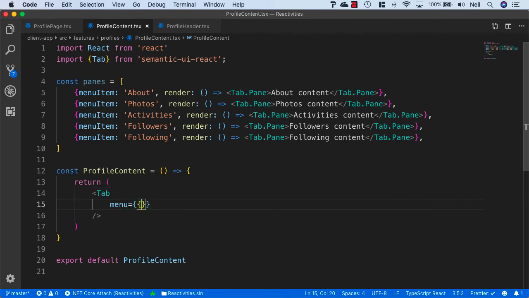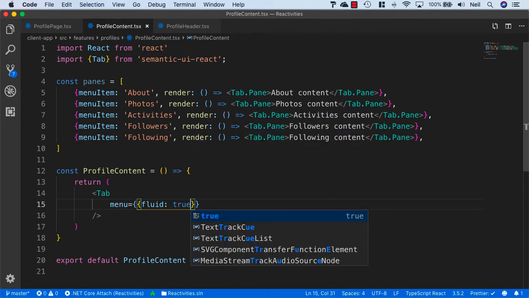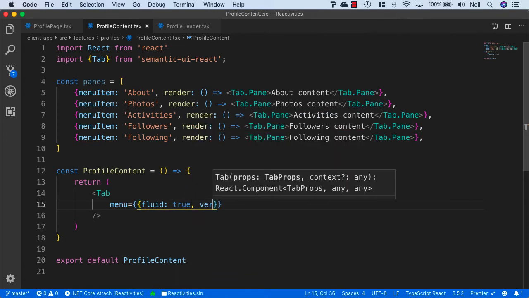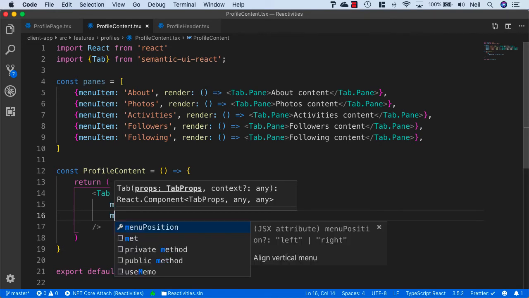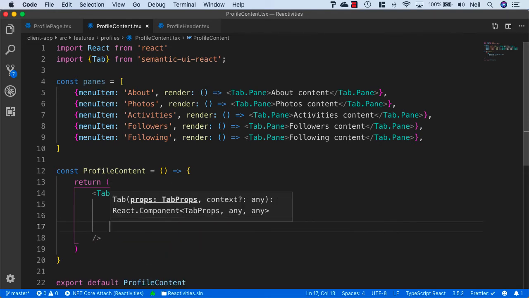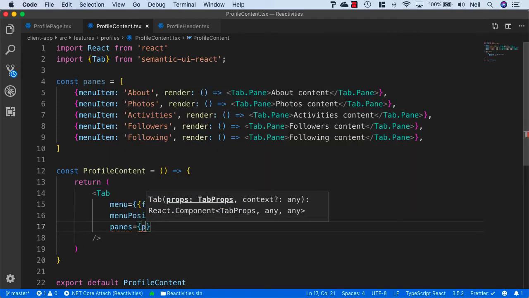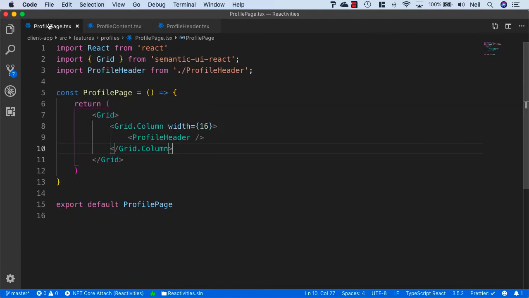equal, and we'll provide some options for our menu, and we'll specify that it's fluid, so it takes up the entire width of the container, and we'll specify that the menus are vertical, so we'll specify vertical equals true. The menu position will be set to the right hand side, and then the panes will be set to panes. So this is pretty cool actually, and let's go back to the profile page and just add the profile content